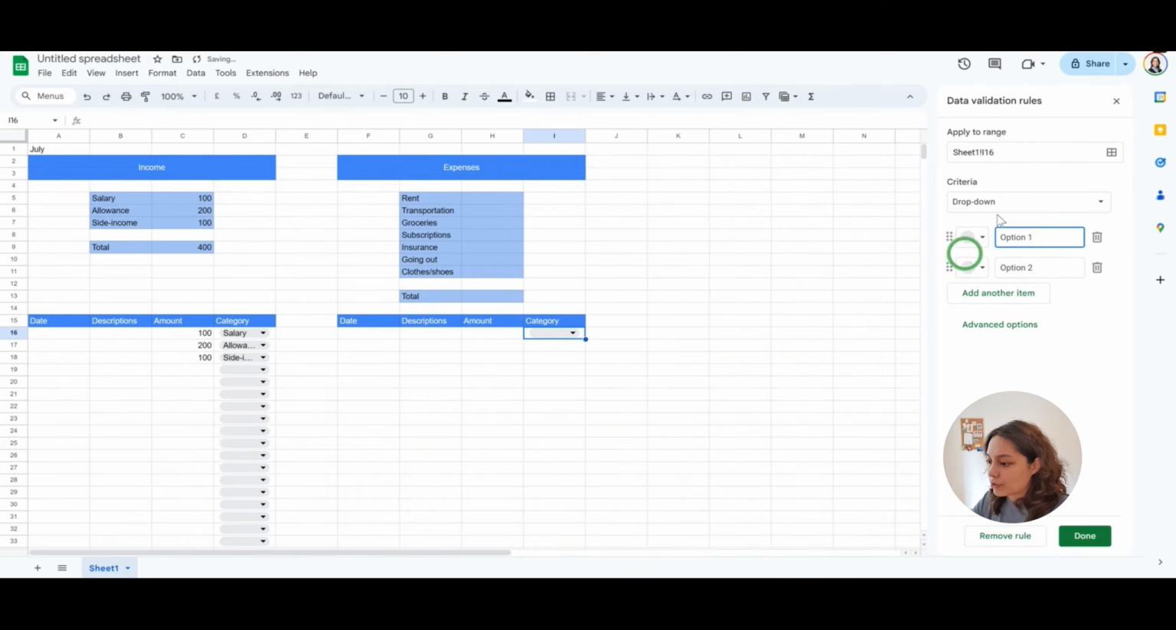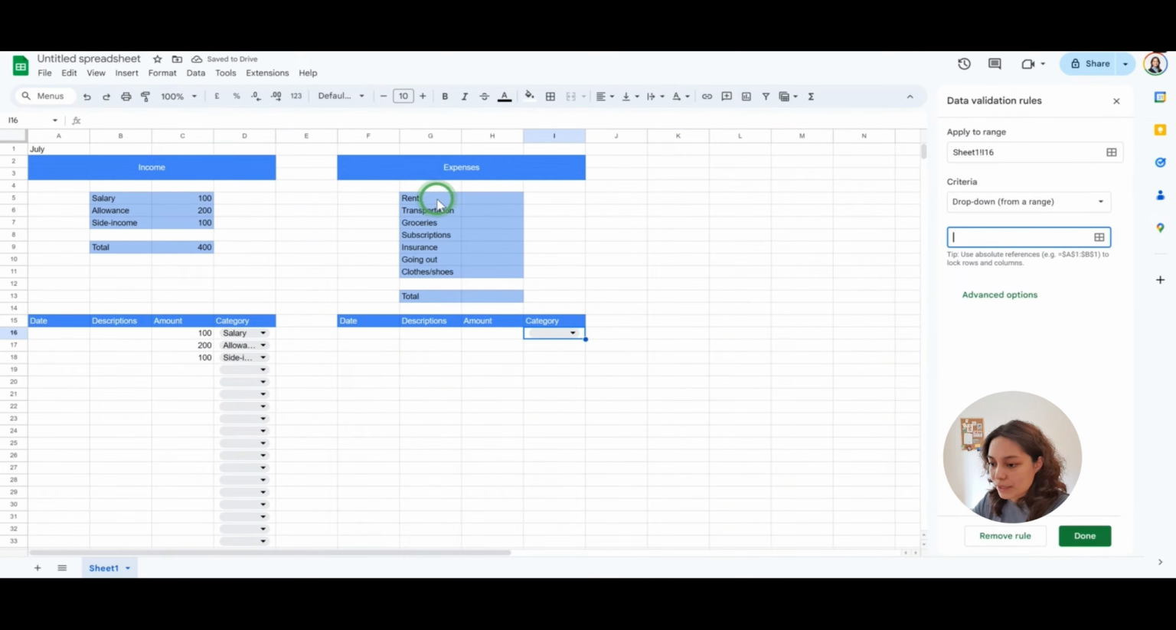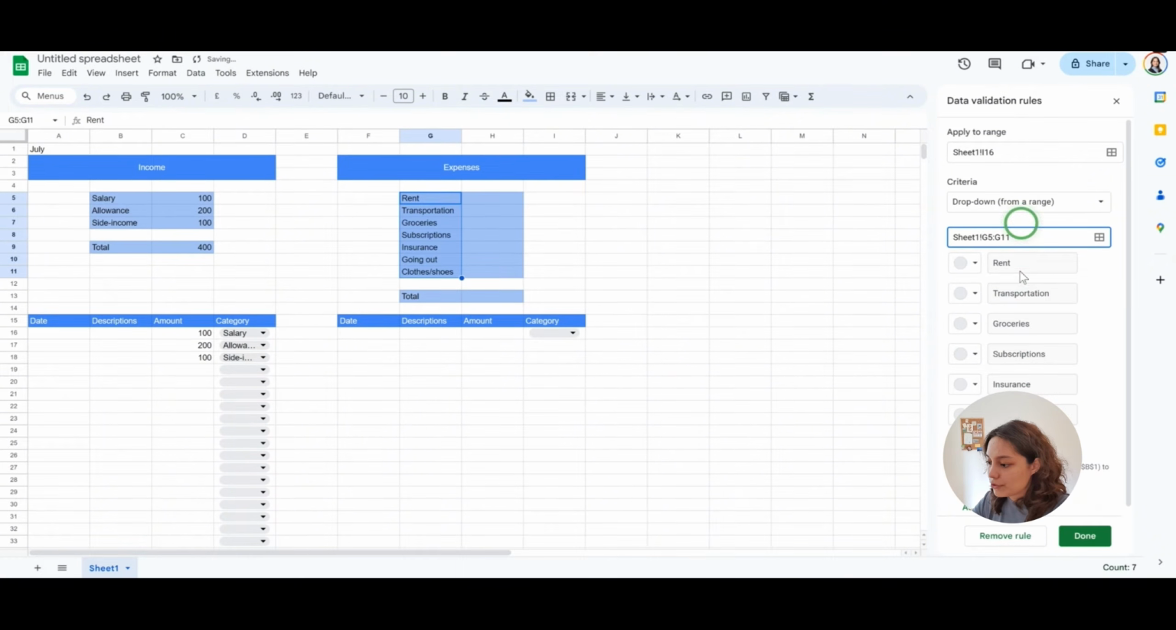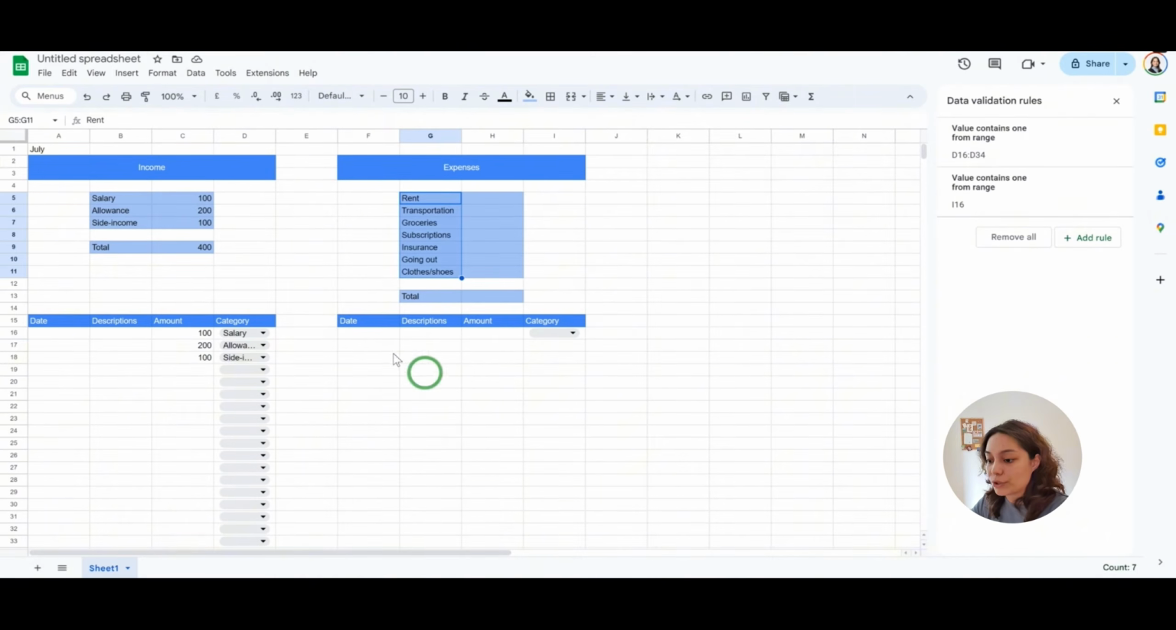We create a drop-down menu from a range, and this will be our new range. Here we have rent, transportation, groceries, and you can of course feel free to choose your colors, make it custom. It's always more fun when it's catered directly to what you want, to the style that you desire. So now let's say if my rent was 500 for the month, if we click on rent, it won't show